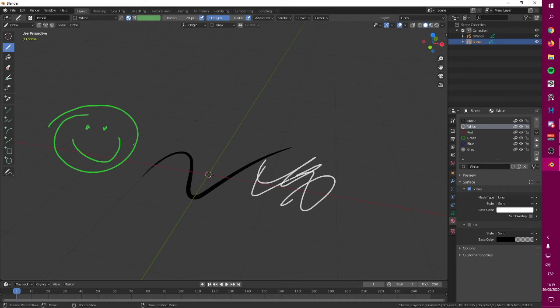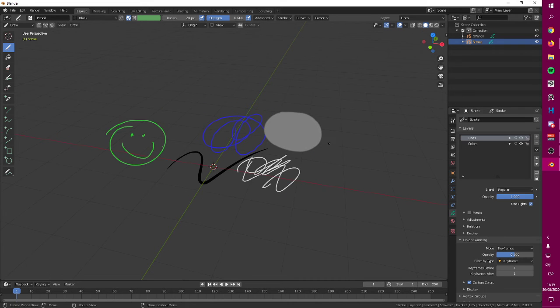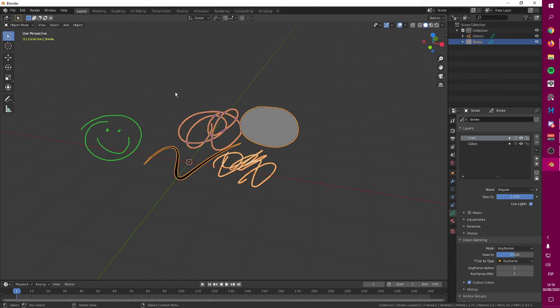So now I'm selecting this color, etc. Oh, you also have this one. Let me explain this one, why it is like this, in a second. And you have your lines and colors layers separated. Okay? And the other one,